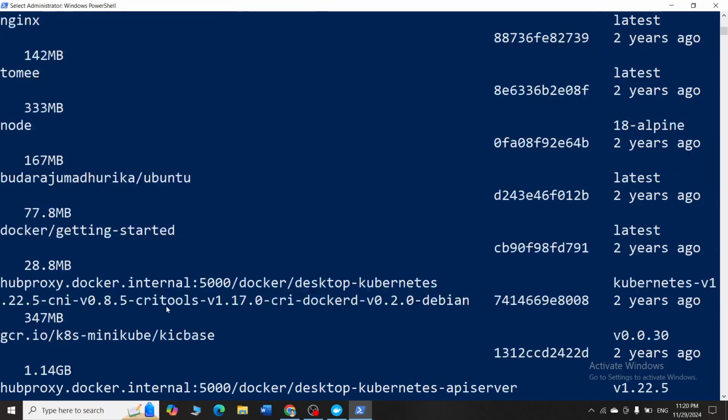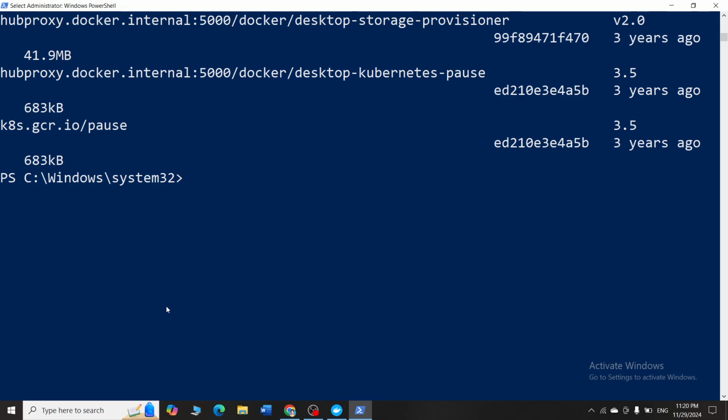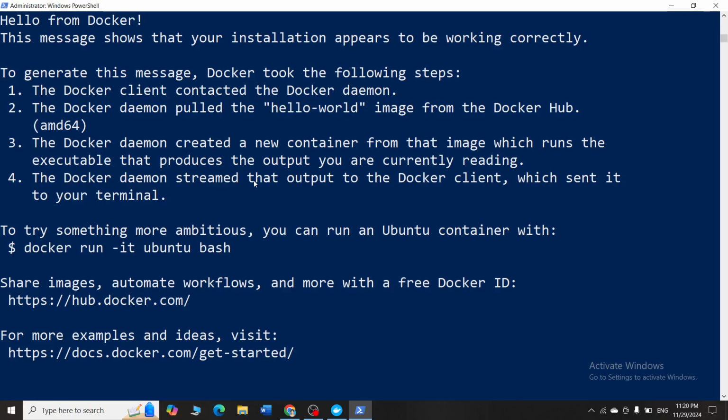Now the next thing I have to do is run this particular image. I have pulled the image, and now I have to run it as a container. To run it as a container, I simply have to say docker run followed by the image name. My image name is hello-world. This will run my image hello-world as a container.